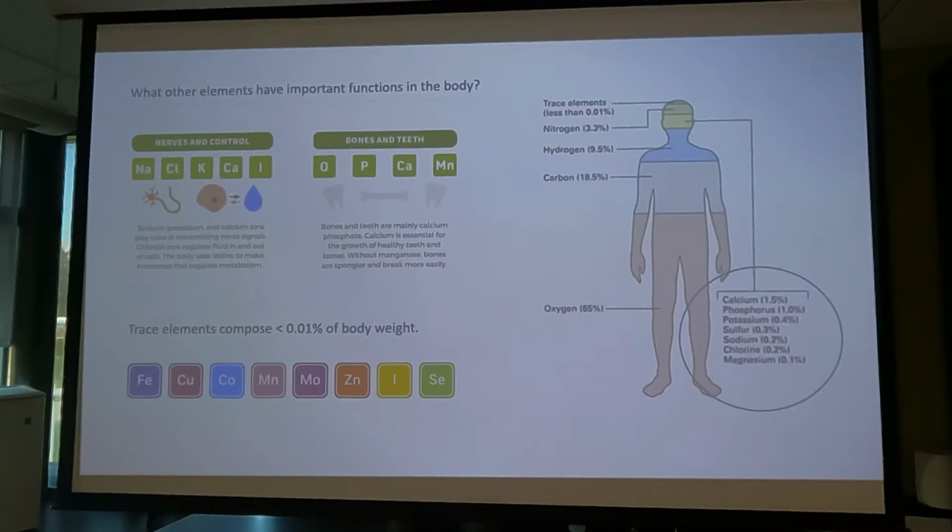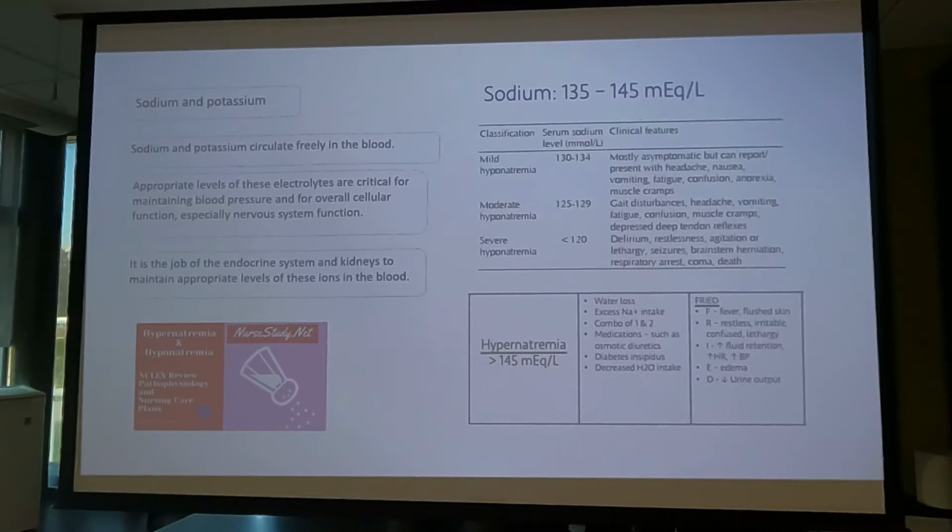Now the next thing I want to do is take a little deeper dive into why sodium and calcium are required for the nervous system. And I think this is important because I might as well introduce the nervous system right now and the functioning of the nervous system. And sodium and calcium are specifically critical for that. So with regards to sodium and potassium, one place that we can find both of those is in the blood. Sodium and potassium circulate freely in the blood.